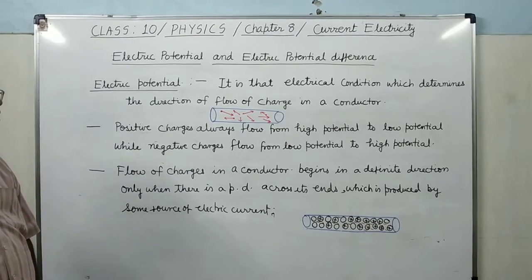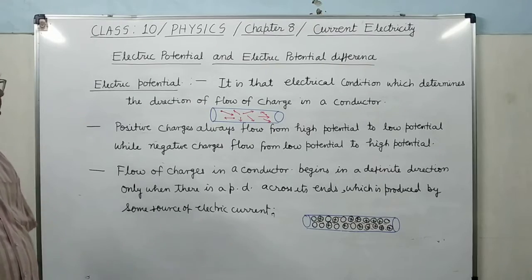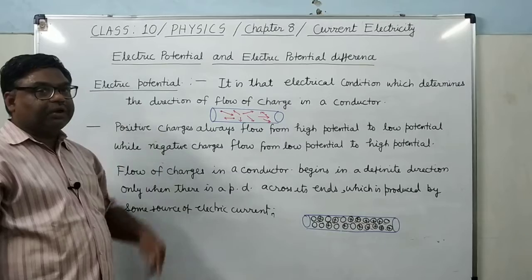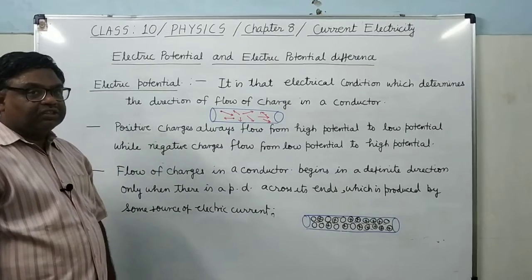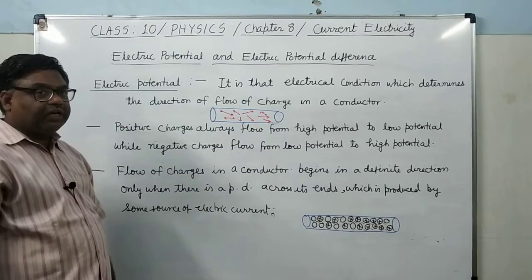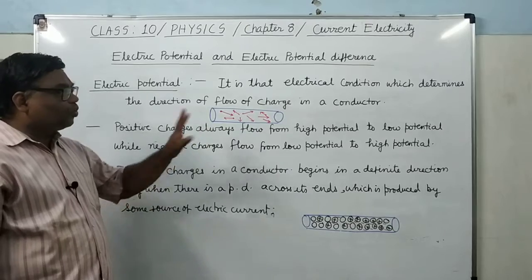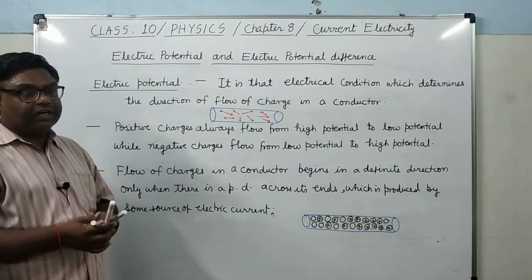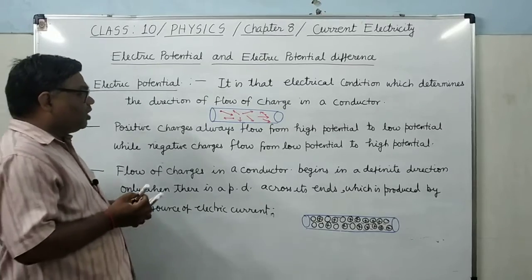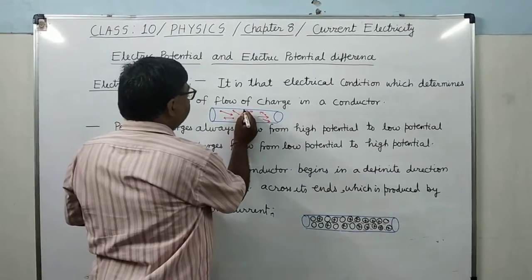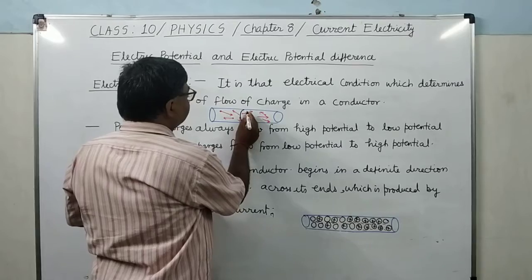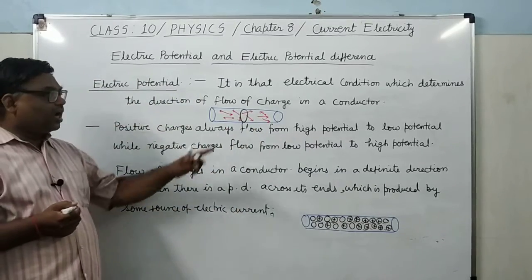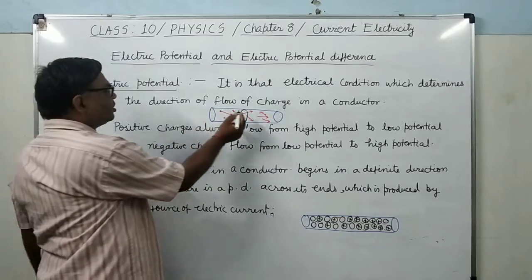Why is it so? It is because the current produced by one electron is neutralized by the other electrons. Since the electrons are moving randomly, the current produced by one electron will be neutralized by the other electrons. In other words, we can say that an equal number of electrons are crossing any cross section from either side. I have taken this as a cross section. It is clear?